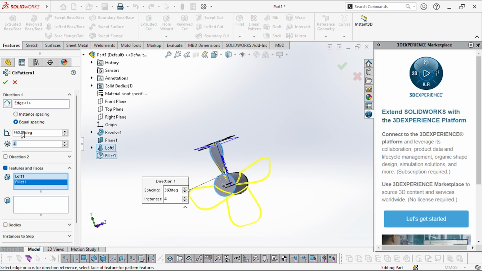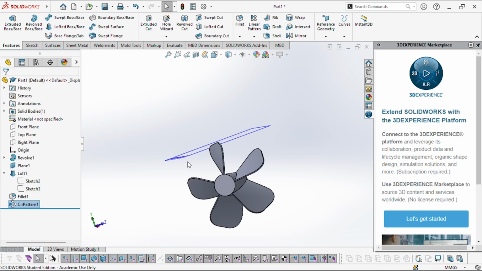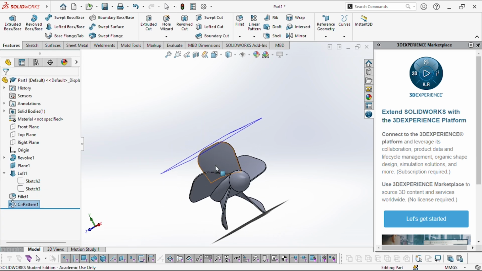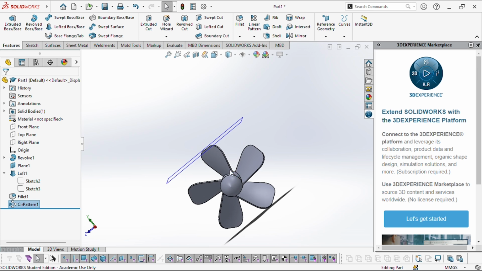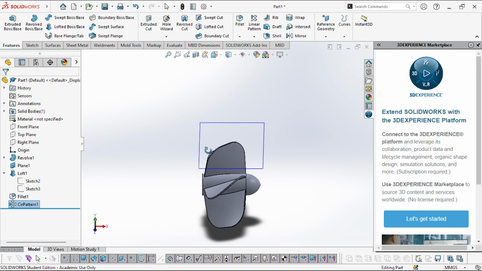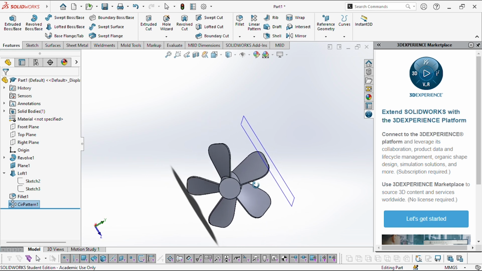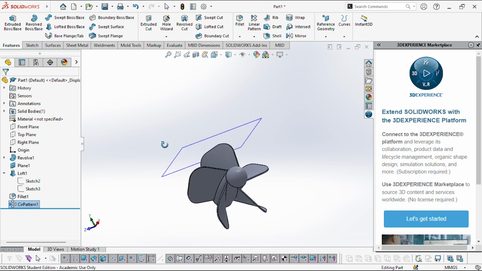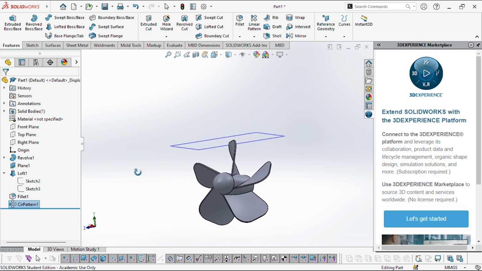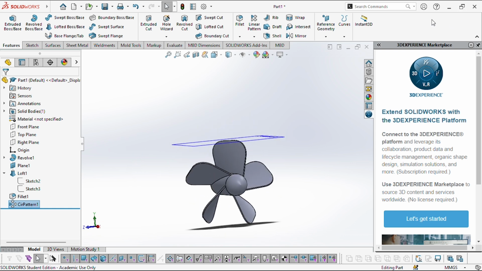Then I use the number. Alright, so after using circular sketch pattern to make 5 complete blades,